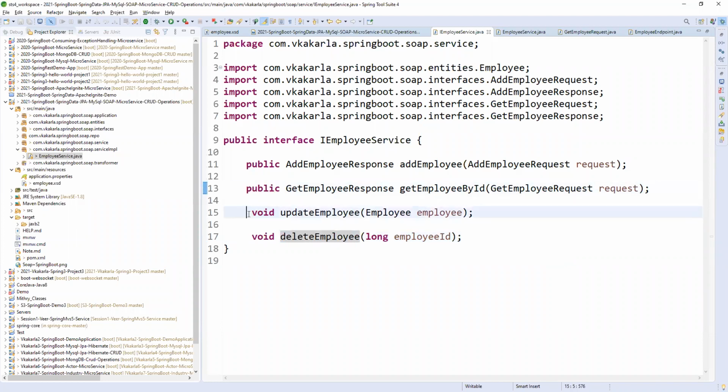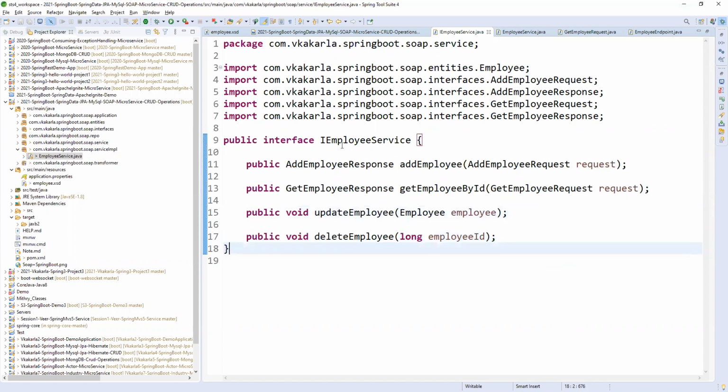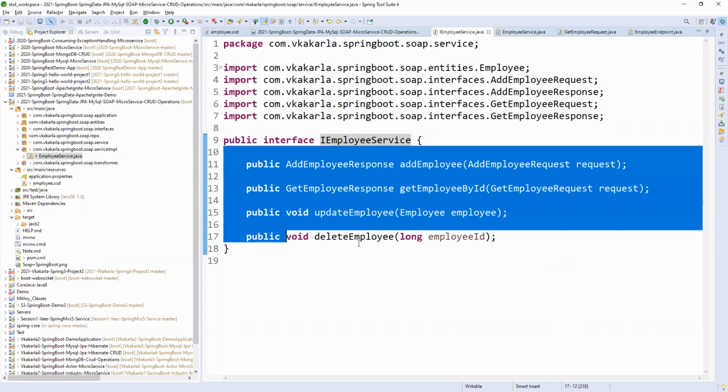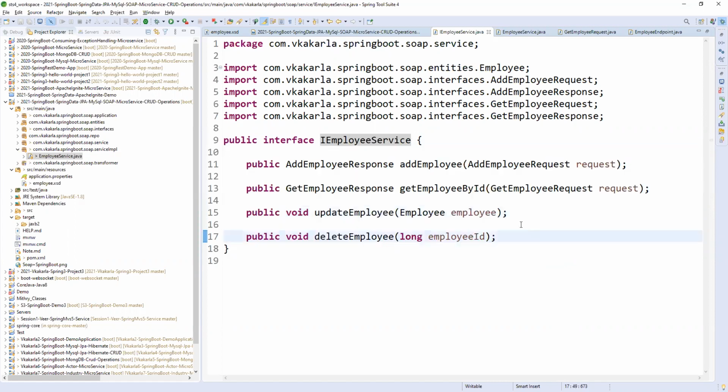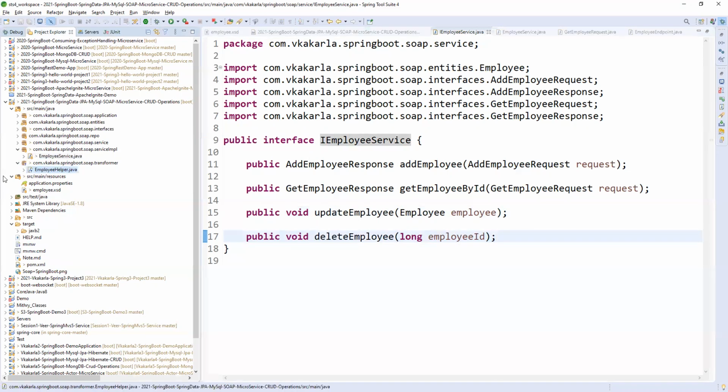So here you can add a public, no issue. Nothing will happen if you are not adding, within the project only, right? So we are doing four kinds of operations. By seeing this employee, we can sense, okay, these are the four operations going to be done in this. So if you come to the employee service IMPL,